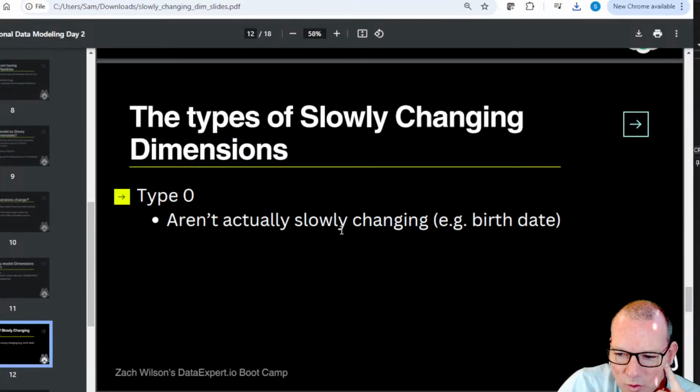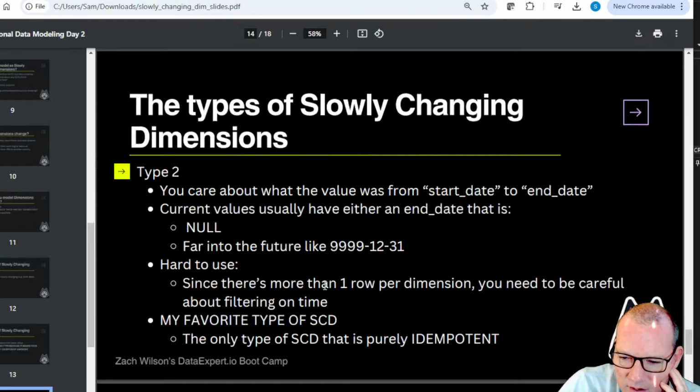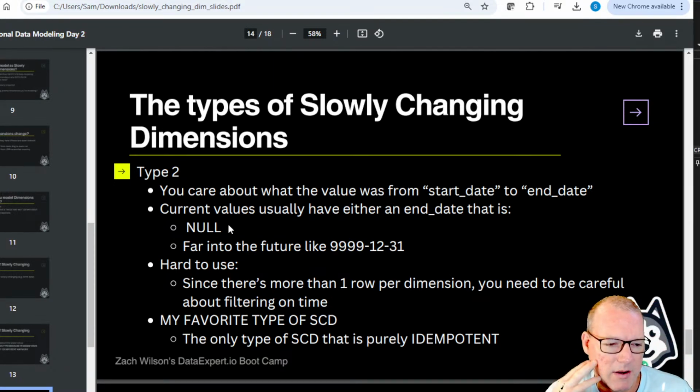Type 1 is that it won't change, like your birthday. Care about, but the type 2 is an unbelievably, and I'm still really kind of wrapping my head around this,